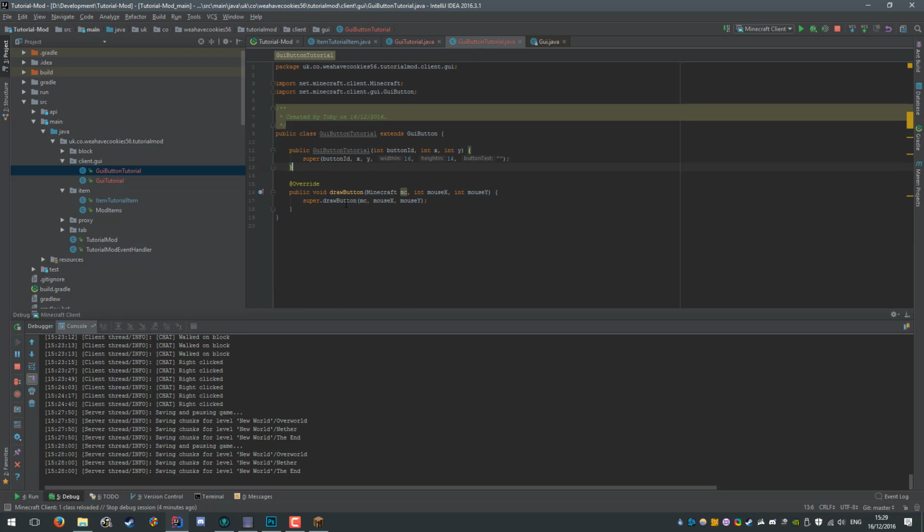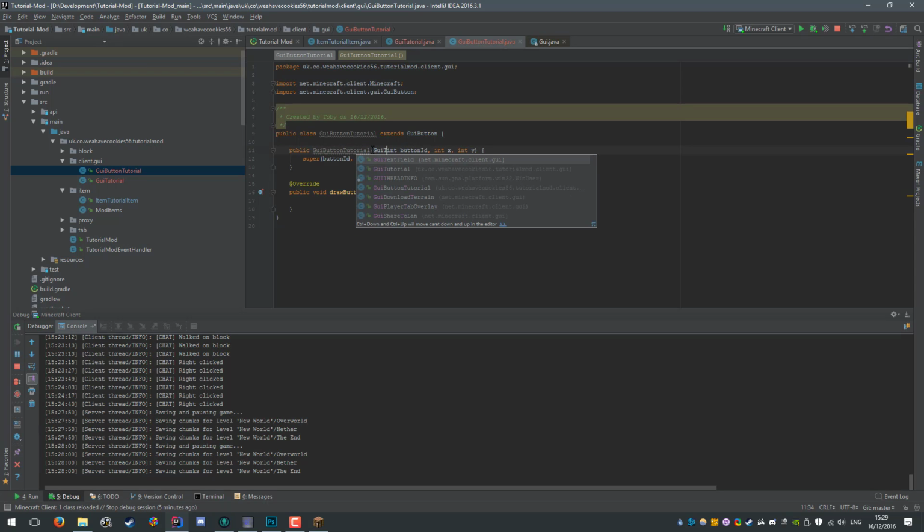So, we want to use our texture. Now, we could make another resource location, or something I like to do is give our button a parent. So, let's just say GUI screen parent. Now, the reason I do this